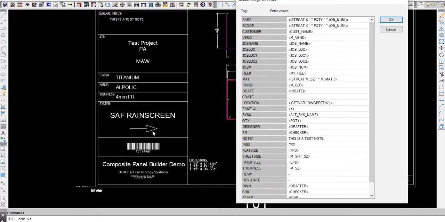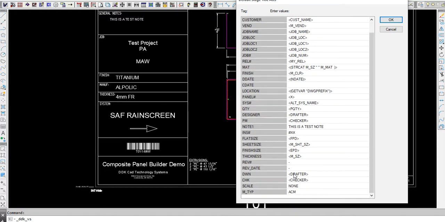Basically, here's the other variables, and we could come in here and we could do the same thing. We could come in and say, who's the checker, who's the drafter. We could hard code that by getting rid of the carets, or the greater than, less than signs, and just type in something like this is a test note, for today. Okay, we'll just say that. Or it could be about, ship flat or something like that. Okay, so we changed the note, and see how the note up here says test note, and then stop there, and then for today. If you put a backslash n in there, which is the typical